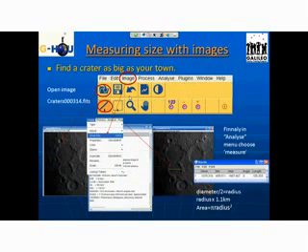Actually, the image that I want you to work with is another one, called craters. Craters. Because you're going to measure the size of a crater. Okay, so what I wanted to see is that in the image craters, if you go to the menu and you go to Image